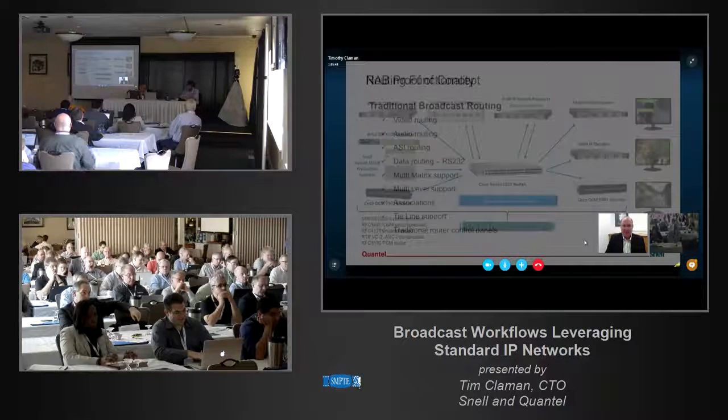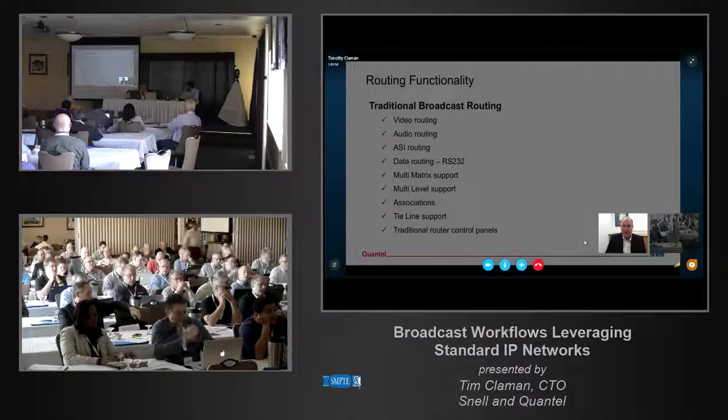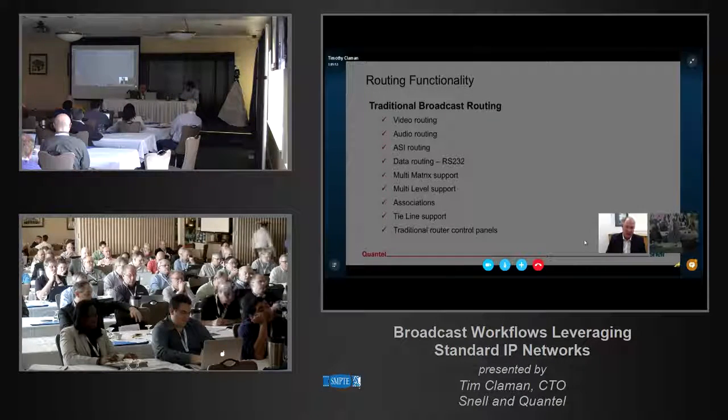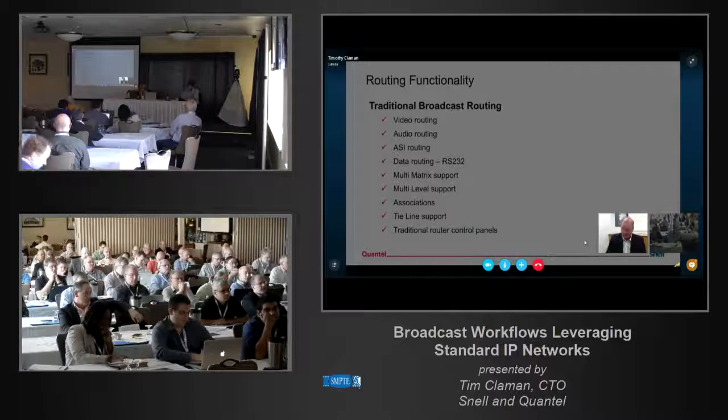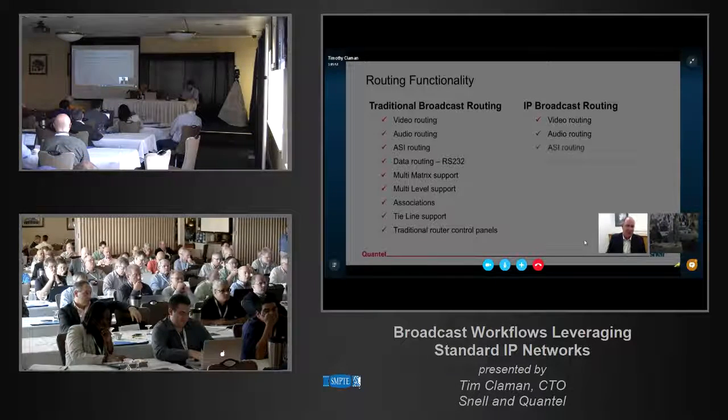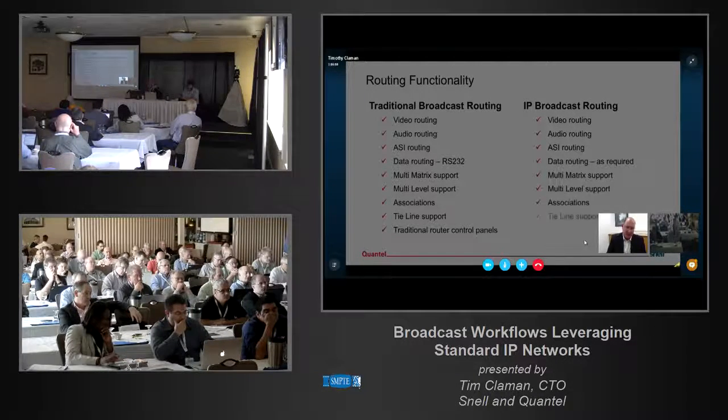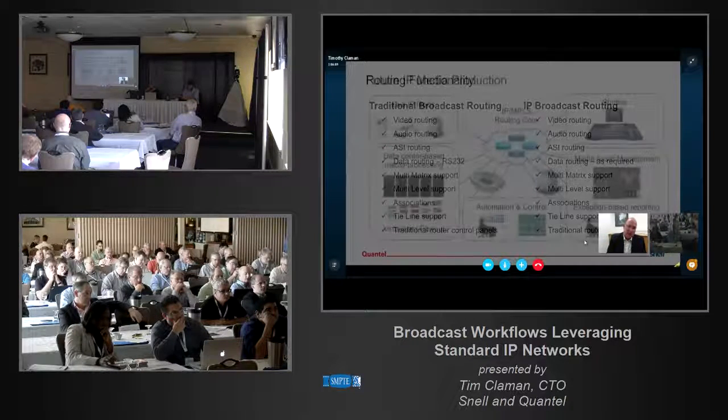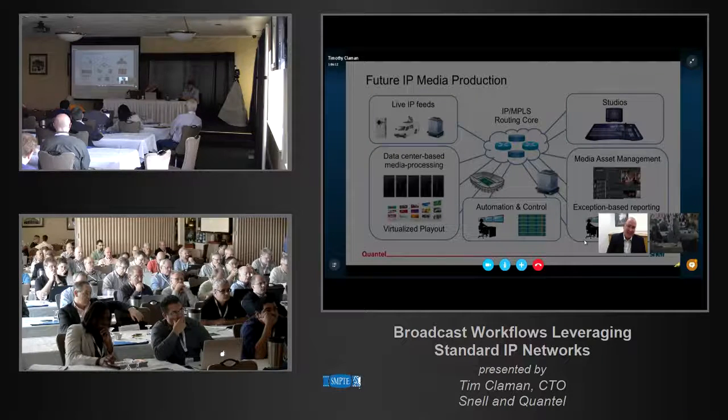So in terms of functionality, our development efforts and proof of concept projects have really shown that it's possible to provide all the functionality that you expect from the SDI realm in the IP domain. So from our perspective, it's not really a matter of if, it's more a matter of when. The transition from SDI to IP has been a topic of debate and prognostication for many years. But at Snell, we believe there's now ample evidence that the future is imminent, a future when you'll be able